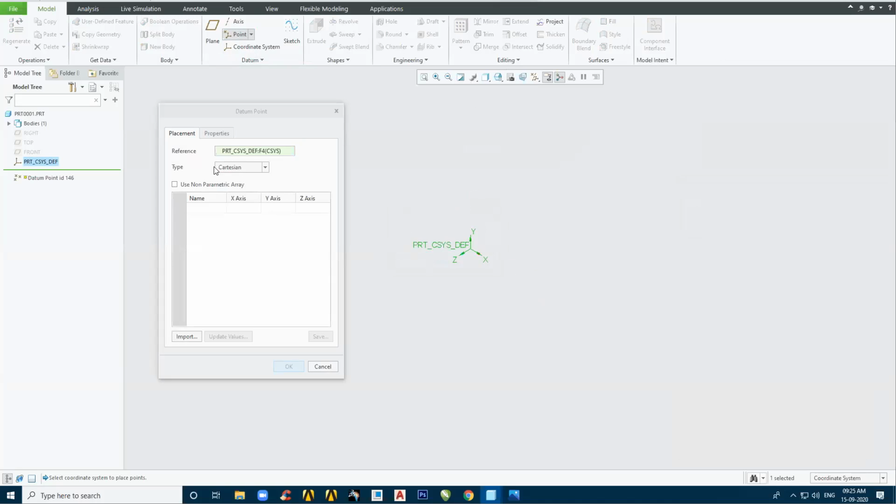Now watch carefully. This is the Cartesian system. I can change it into a cylindrical system or a spherical system. Now, what is a cylindrical system? In the cylindrical system, I give the r-axis, then the theta, and then the z-axis. For example, let us have one point. Now you will notice that if I type 200 in the r-axis, a distance of 200 has been taken in the X-axis. Got it? Let's make it 100.